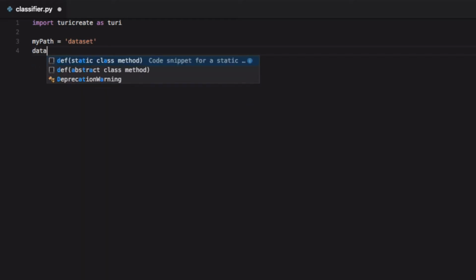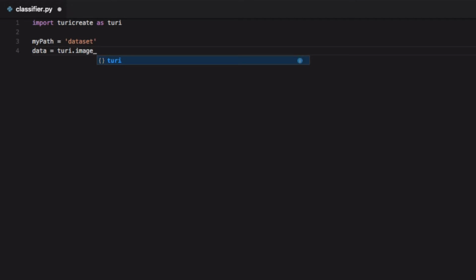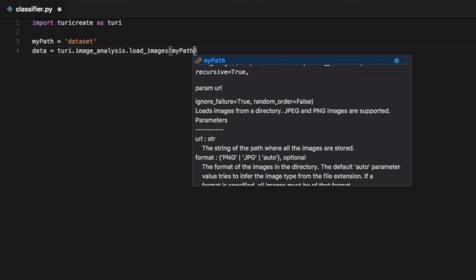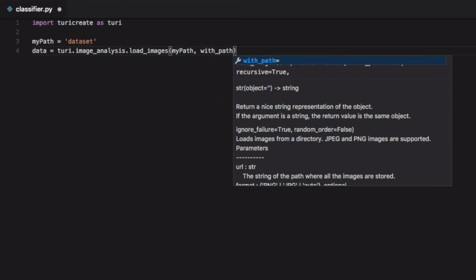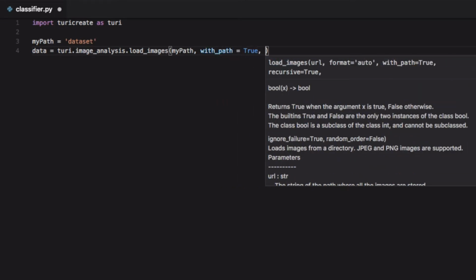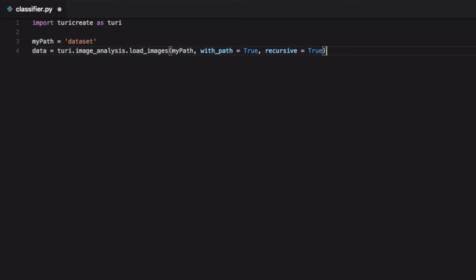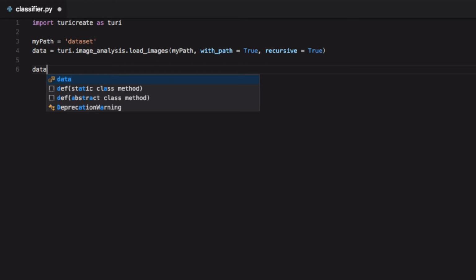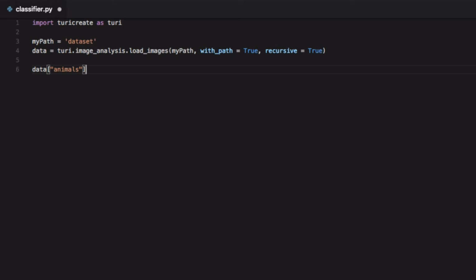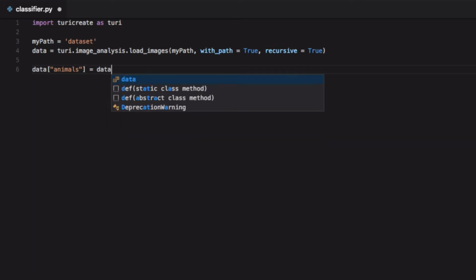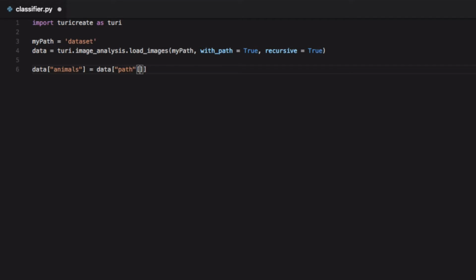Then we're going to do data equals tc.image_analysis.load_images, and in the brackets we're going to do my path comma with_path equals true and recursive equals true. Then we're going to do data, animals, in square brackets and apostrophes, equals data, and I'll do the path, dot apply, and we're going to apply a lambda